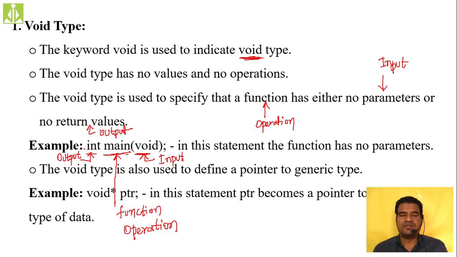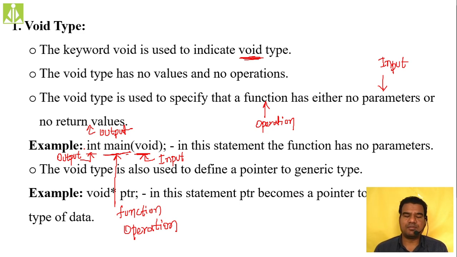Until we start the pointers concept, if I ask you anything related to this void type in your assignments, assessments or internals, simply write these two usages. The first usage is to tell the compiler that a particular variable or a particular operation has no values and no operations. So simply to indicate that, we are using void type. And the second use is to create the generic pointer. What is this generic pointer? How is it going to help us in our programming? All those things we will study when we do the pointers concept in our programming.